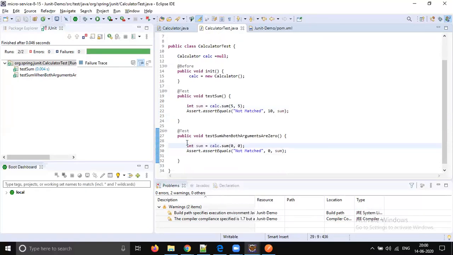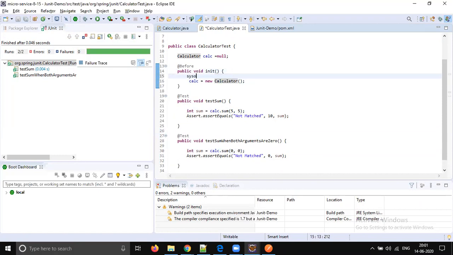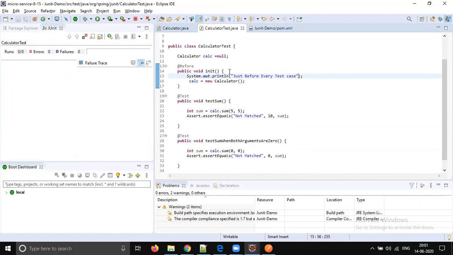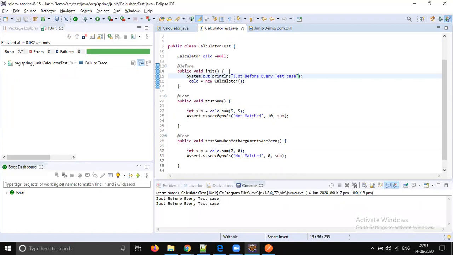In one place you can define it, and automatically it will be executed just before executing every test. Just run this code and you will see that just before every test.